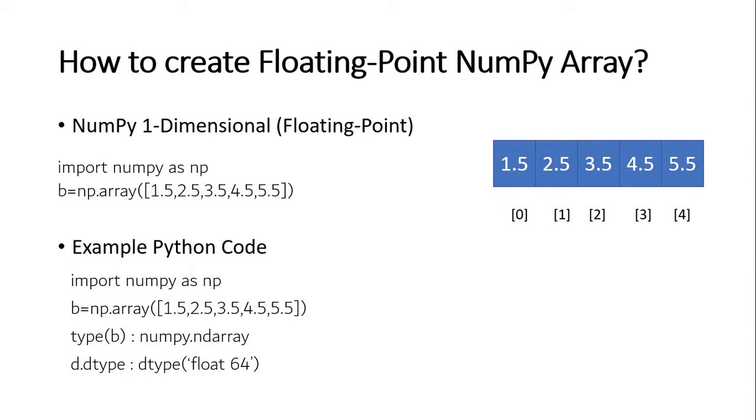In the example code you see here, we have imported numpy, and then by using the array function we have created the array. And simultaneously, if you want to know the type of the array, simply you can use type of b, or otherwise you can go for b.dtype. It is not a.dtype, it is b.dtype. Then the output will be float64. Why? Because the array is holding all floating point values only.